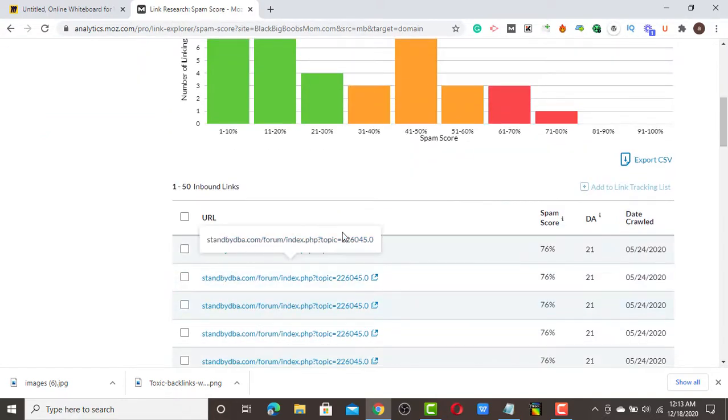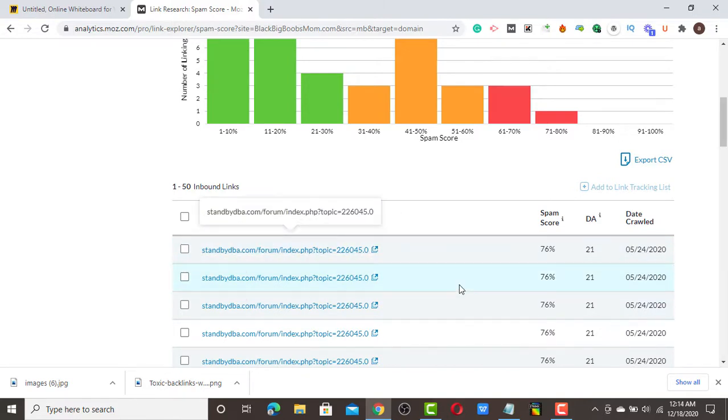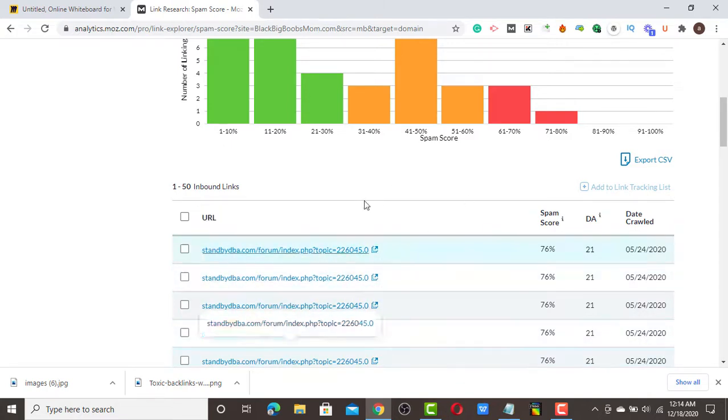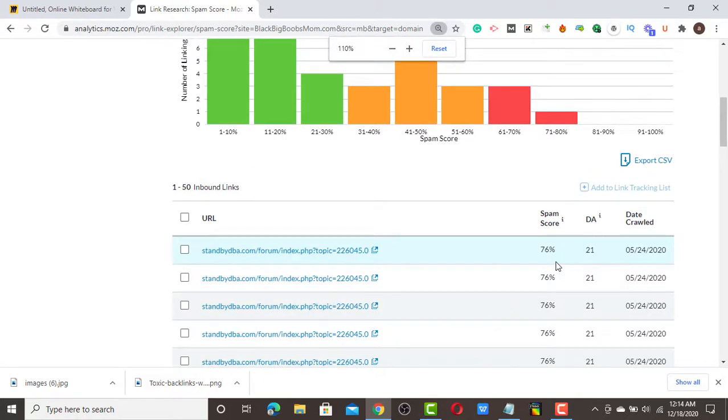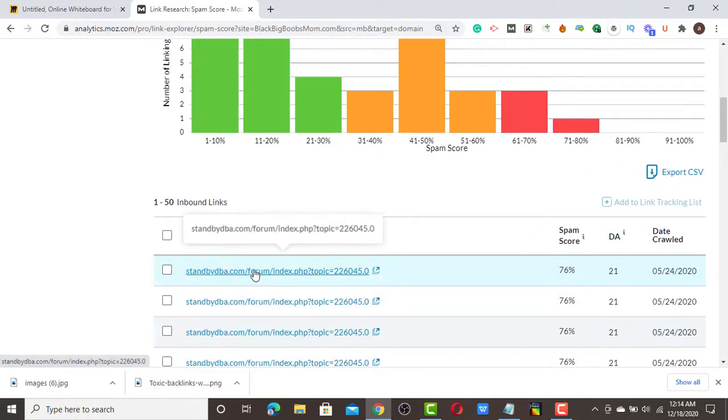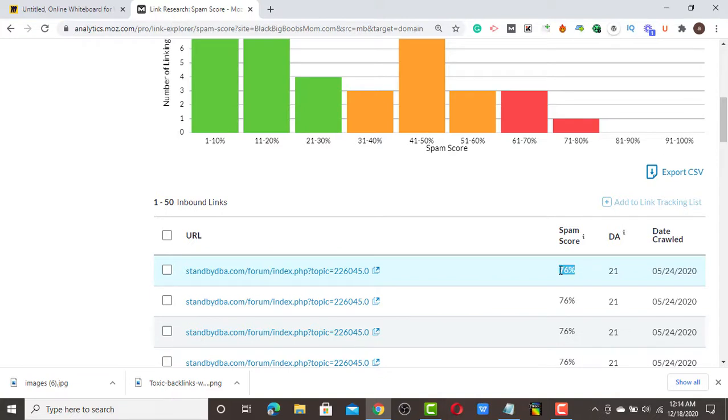Let me show you an example of a toxic link. This is a toxic backlink. Some of them are software backlinks, some of them are unnatural words. You manipulate them for black hat reasons, to do negative SEO towards your competitor, or maybe you want to use them and do black hat for your business. This is what I mean by toxic. If you check very well, this is a toxic link. The spam score is